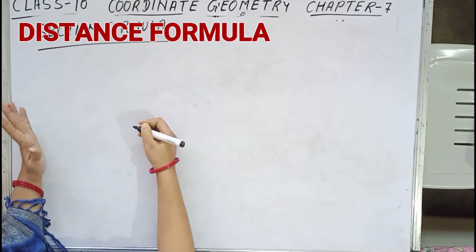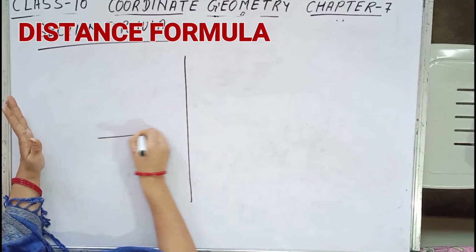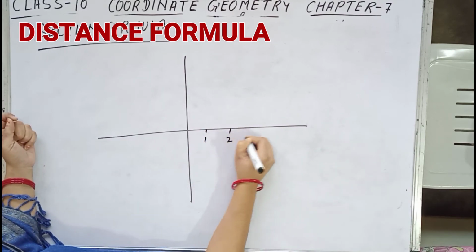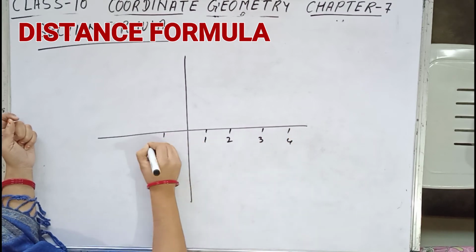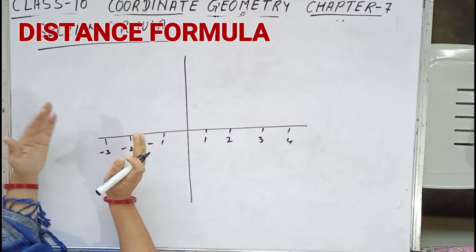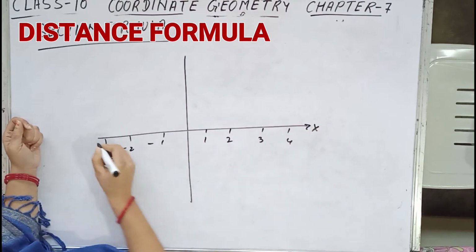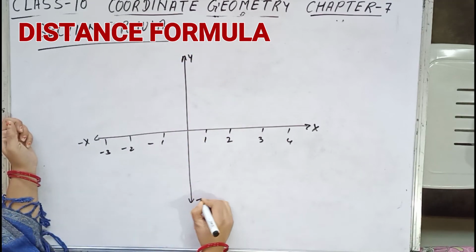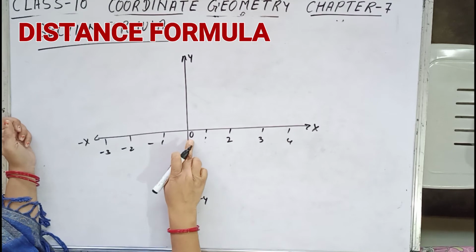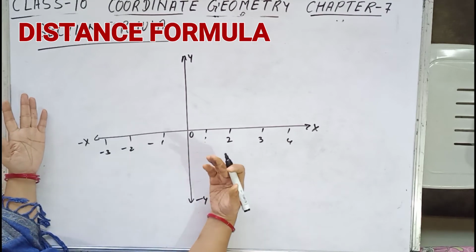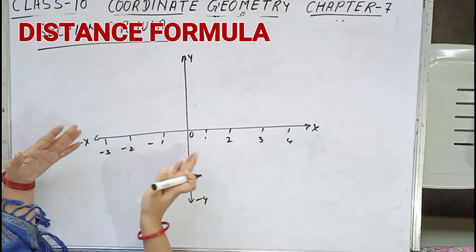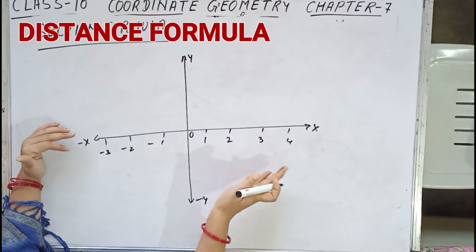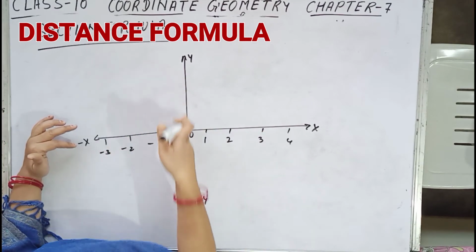Now before starting, children, you must know this from, I think, standard 6 or 7, where it is taught. Suppose this is 1, 2, 3, 4, this one is -1, -2, -3 and so on. This one is the positive x, this one is the negative x, sometimes we write x dash also. Give an arrow, this is y, this is -y, and this is the origin. Origin we write by 0, sometimes we name it O. Now this one is called the x axis, this one is the y axis.